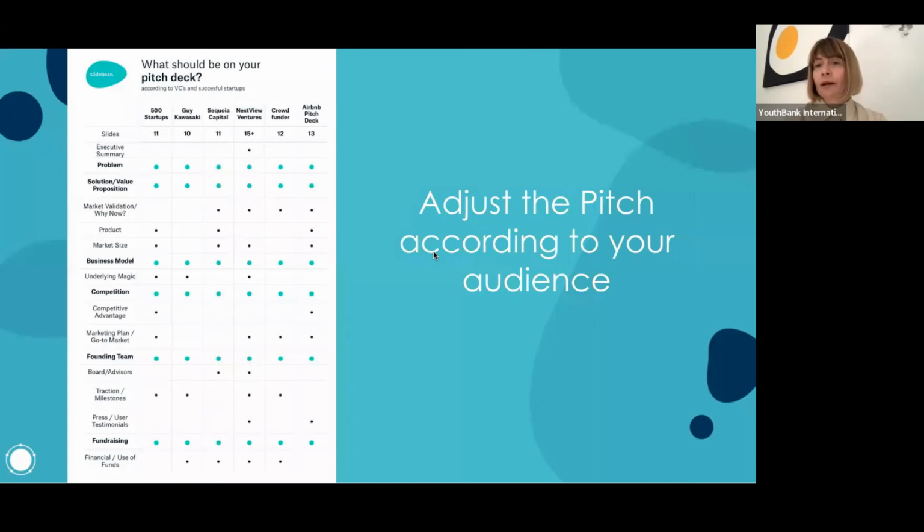When it comes to different things that you can also have in your structure when you're presenting your idea, there are different things that you can actually have in there, but you can see that the blue dots are the ones that are most important in most presentations of ideas: problem, solution, value, business model, competition, the team, fundraising and ask if you're fundraising, but there are other things that you can definitely mention in there.